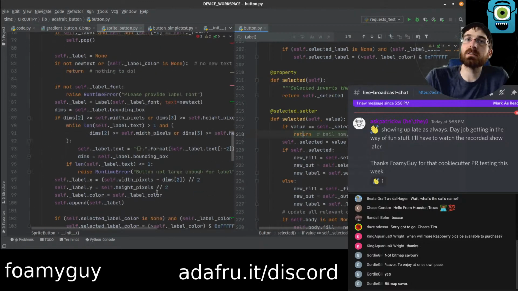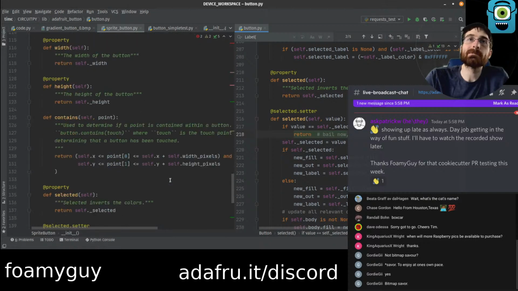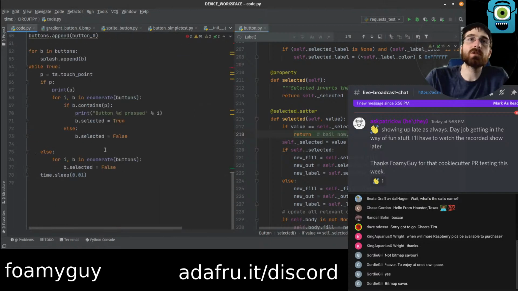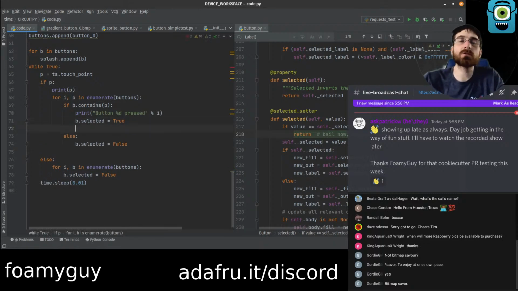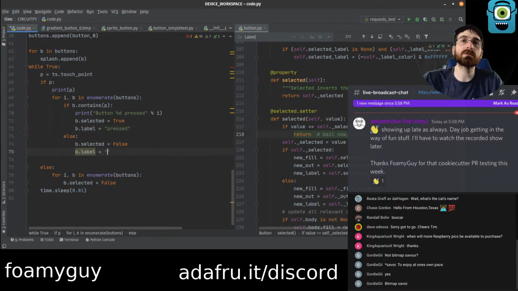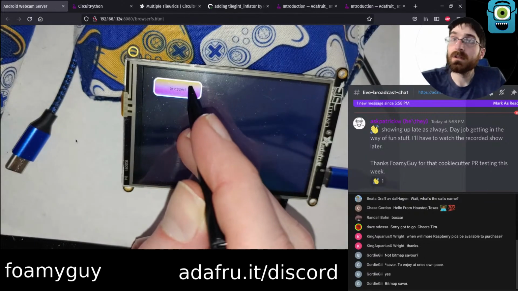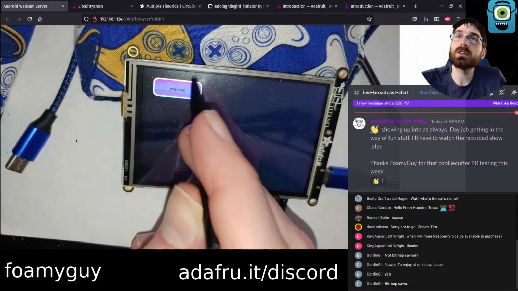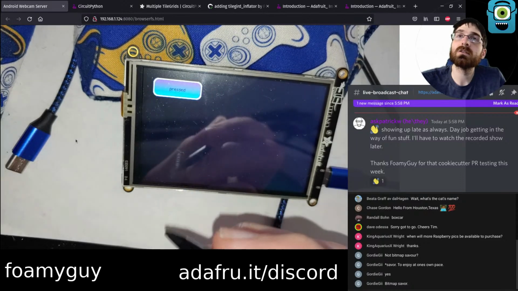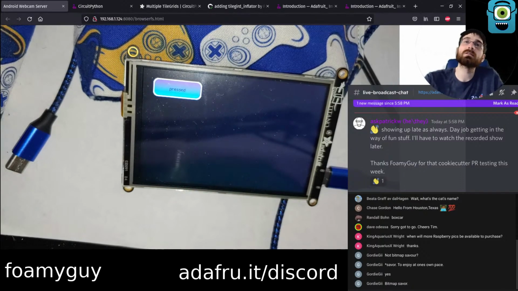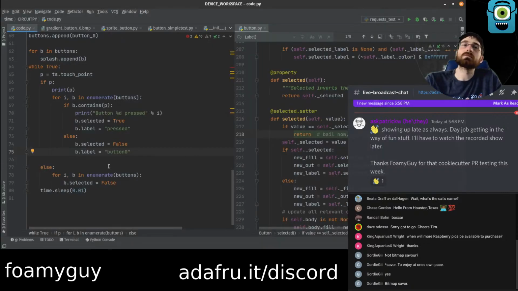So we did selected. Let's do here, let's say selected true, b.label equals pressed, b.label equals button 0. Make sure this works how it is supposed to. Yeah. Oh, the color didn't change. Oh, and it doesn't change back, actually. Oh, right.